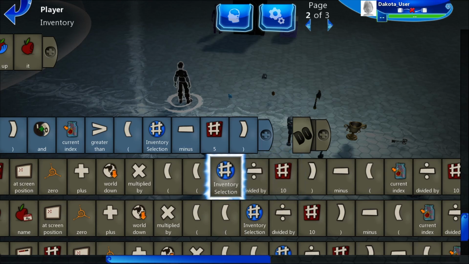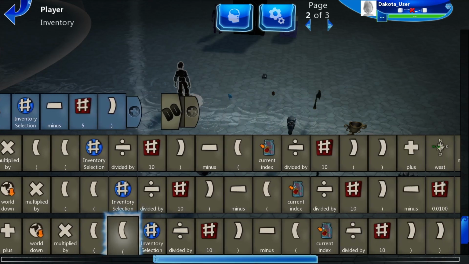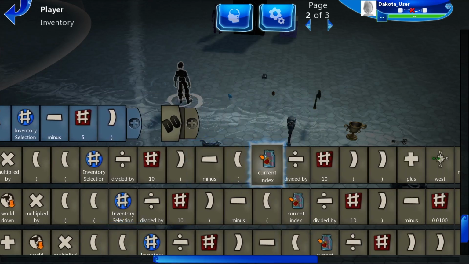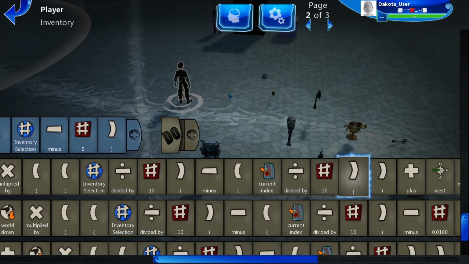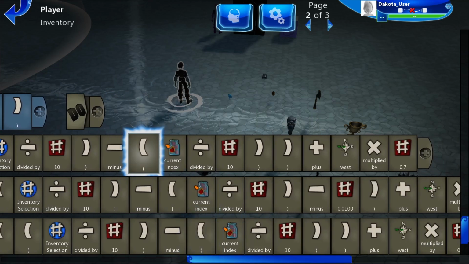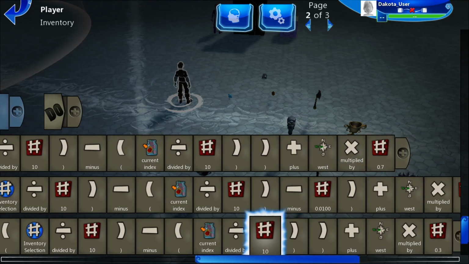Because we want to have a 0.1 difference when it's scrolling up and down, or if you're moving the scroll. The minus current index divided by 10, because obviously you'll have a lot of items. And then you do two close brackets in the back. You plus west multiplied by 0.7. So